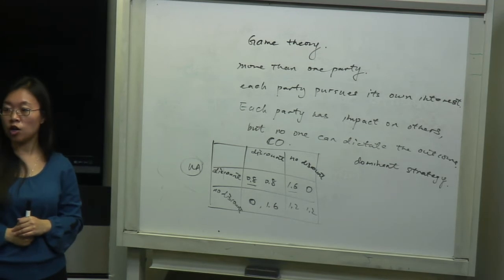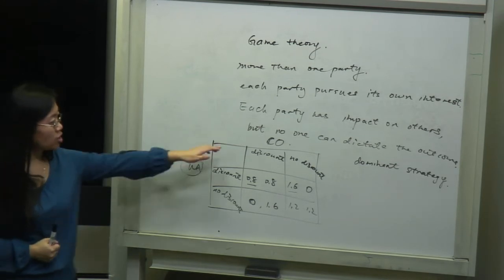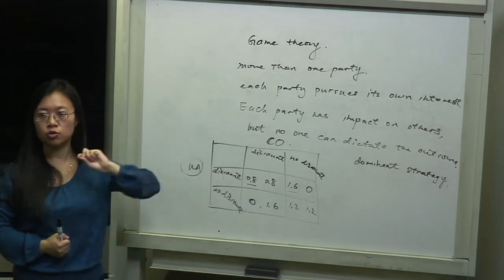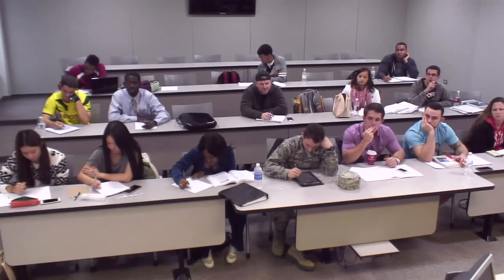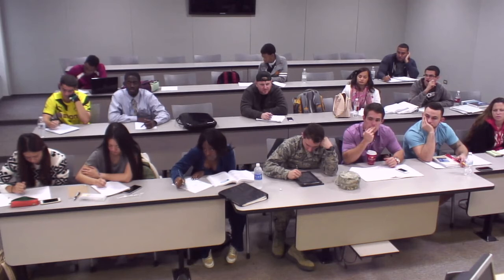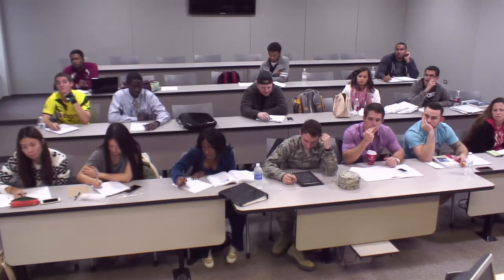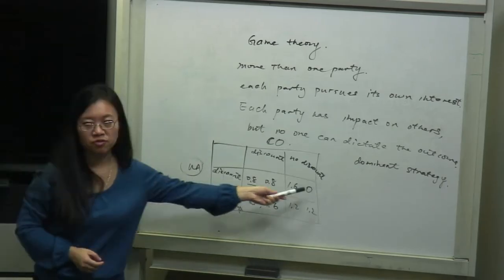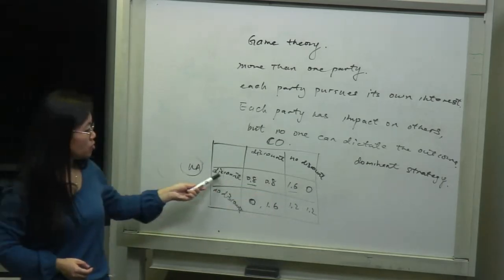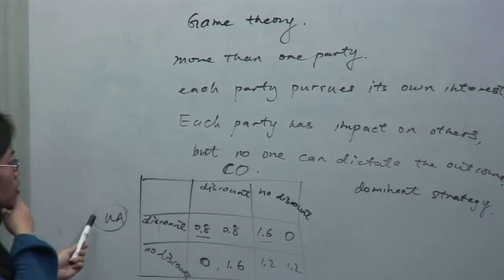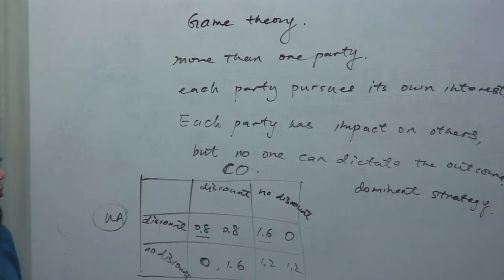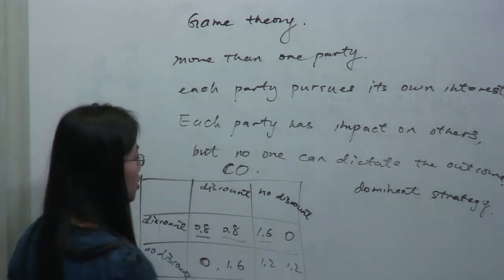Okay, now let's figure out Continental Airlines' strategy. How do we do it? Using the game theory method I just used. How did I figure out UA? You fix, right? So now we have to fix UA's strategy. Let's say UA chooses to offer a discount. Then we're looking at the first row here. What's the best thing for Continental? Offer discount, because 0.8 is better than 0.